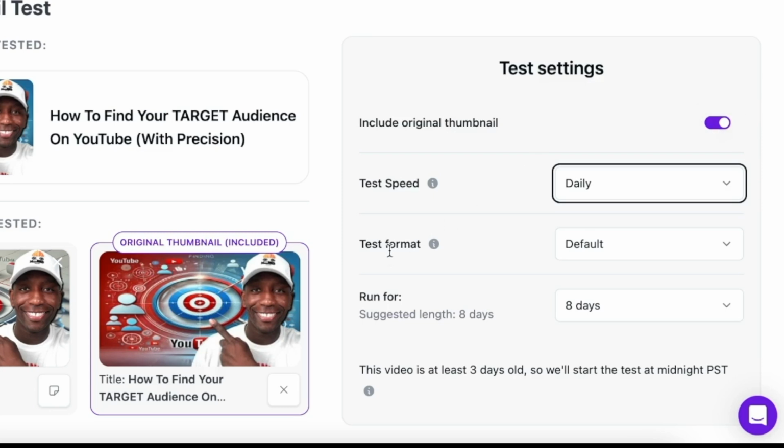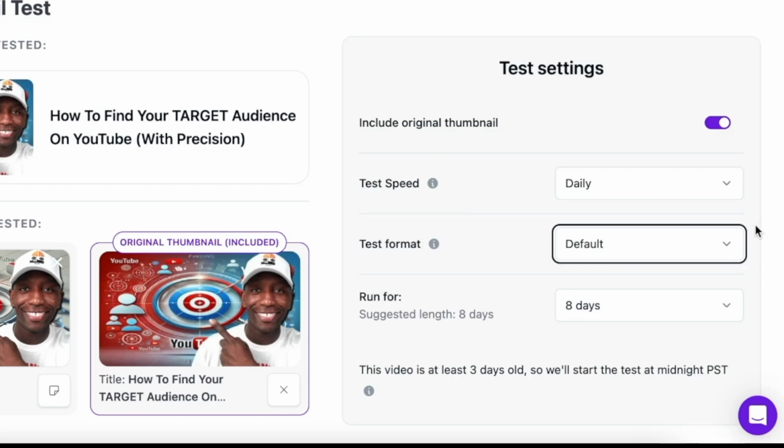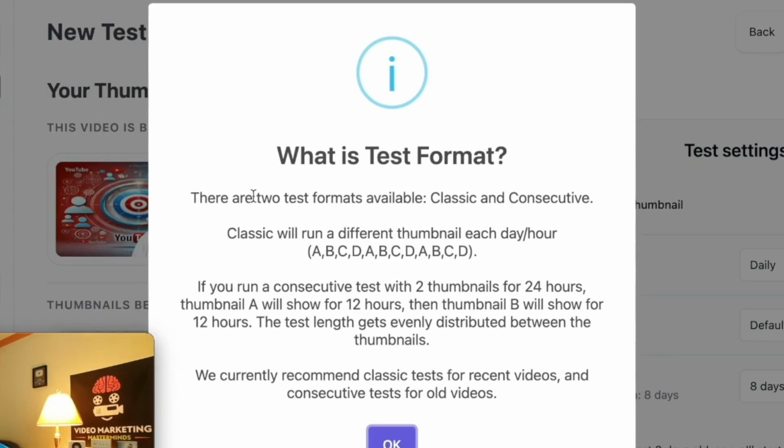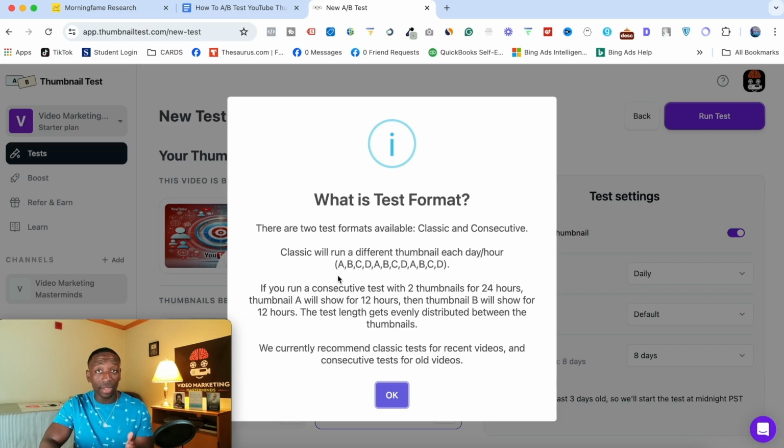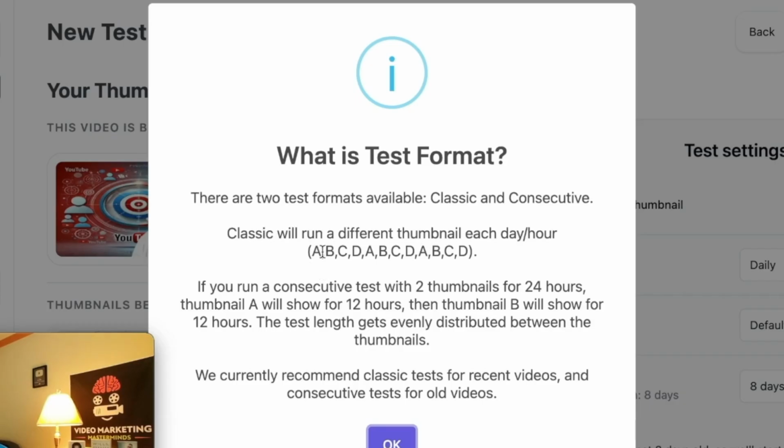And then for the next one, which is the test format, right? You got default and you got consecutive. All right, so let me show you what these mean. So you can see right here, there are 2 test formats available, classic and consecutive. So classic will run a different thumbnail each day or hour. So it's showing you what that's gonna look like. So if you got 4 thumbnails, then you can see it's gonna test A, B, C, D, and so on,